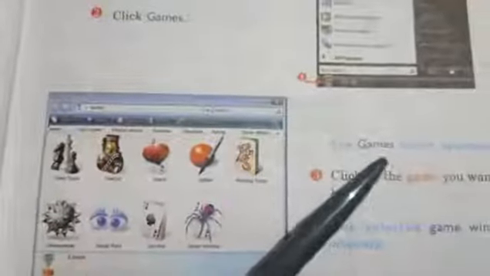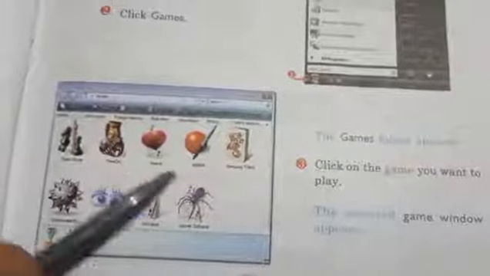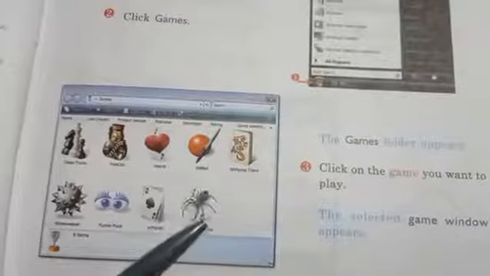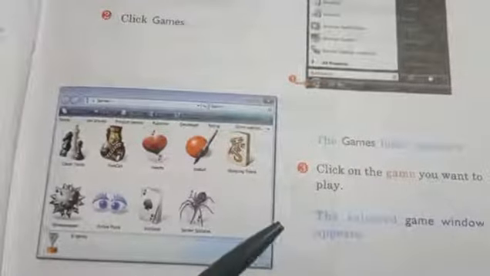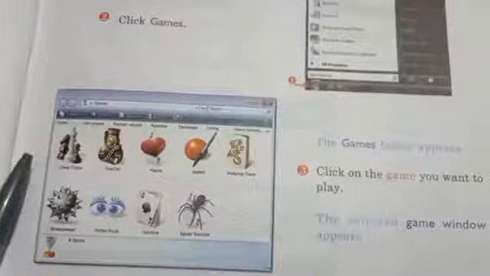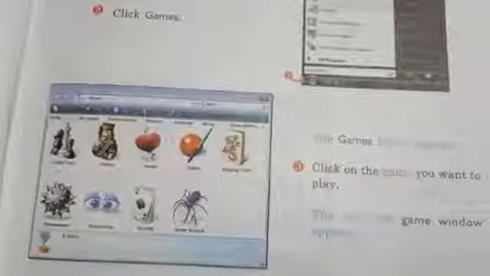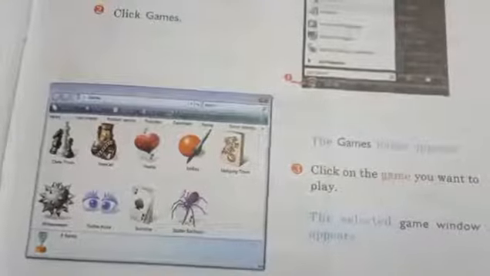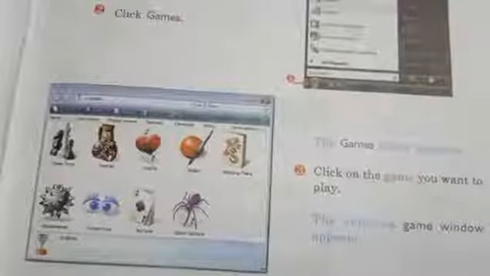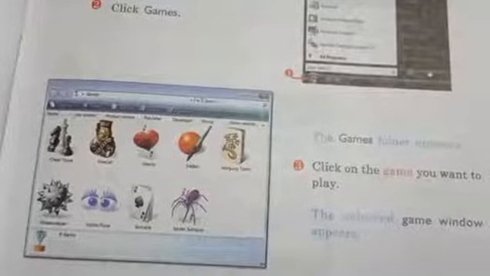Third, the Games folder appears. Click the game that you want to play. According to your choice, you can open any game. The selected game window appears and then you can enjoy the game. This is very simple and you all know how to play games.